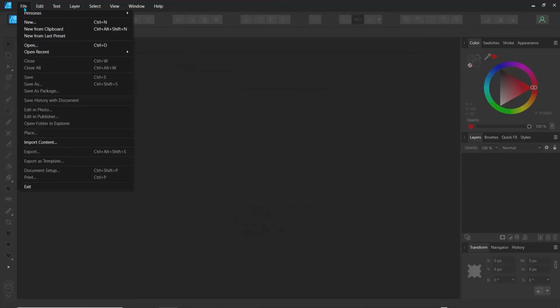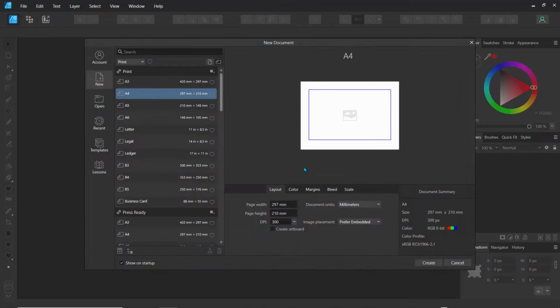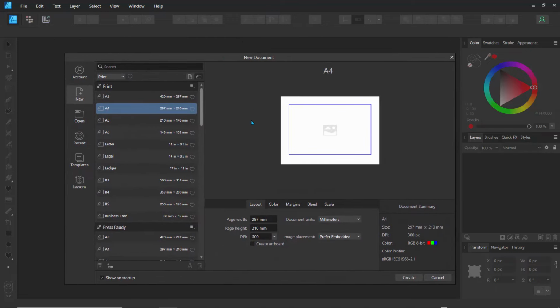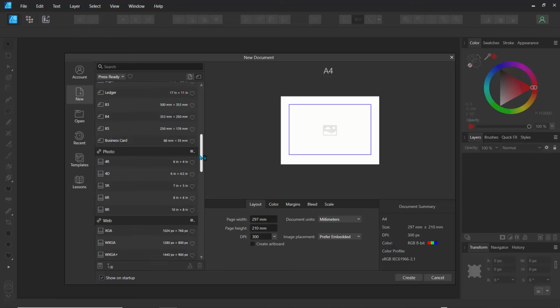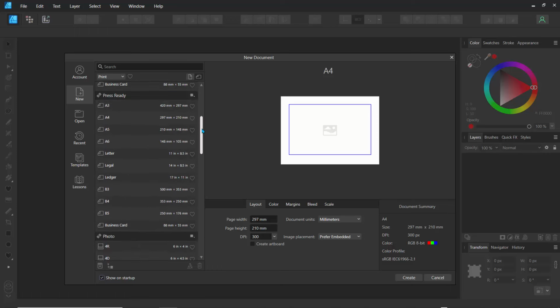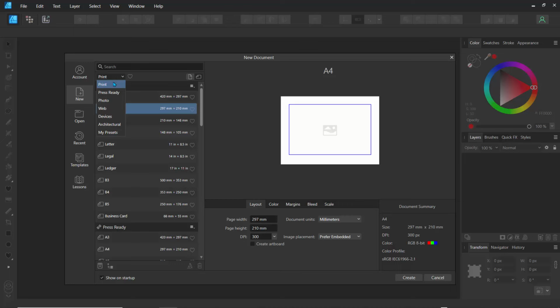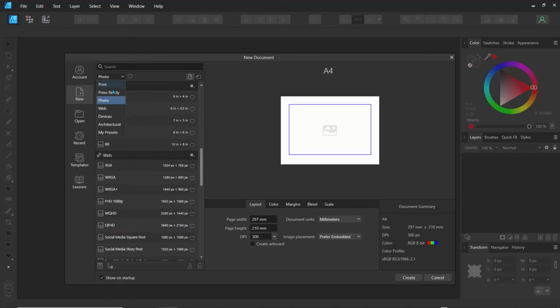Just so you know, you can just go to file and go to new, and that window is going to pop up again. You can stop this from showing up by just clicking on this show on startup, but I just like to have it open up because that's where new projects start. So what do we see here? We see different file formats, default templates of most commonly used paper sizes with their presets. So here we could just see all these different paper sizes, and you can actually group them based on what you want to do. You can work with photo, web,